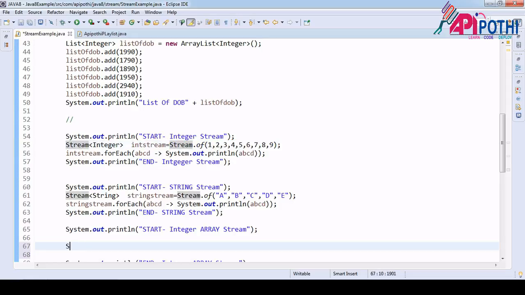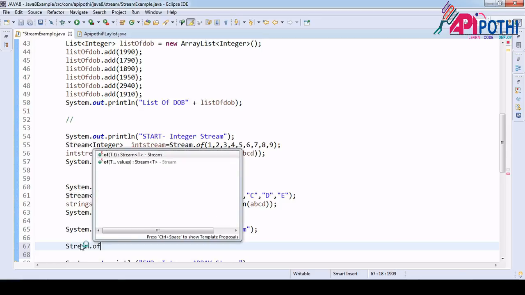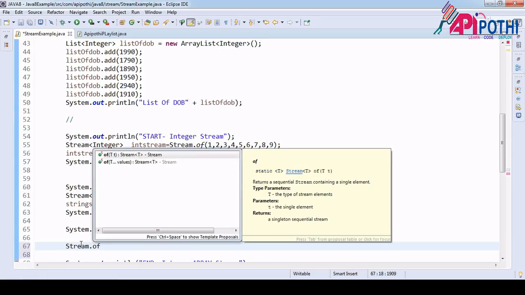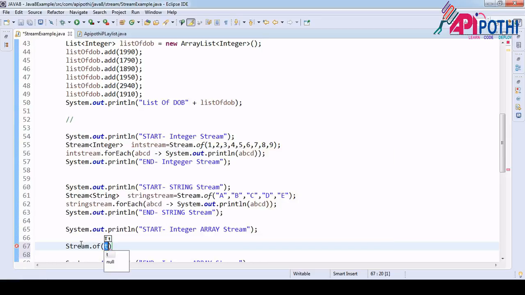So what I am doing is, okay, let it be type only. Stream dot of is the factory method. If you see here, we used already this one, now we are going to use this one. Okay, so T is the generic, which basically asking you to create. So if you want to create the new array also, which is again integer or string type,